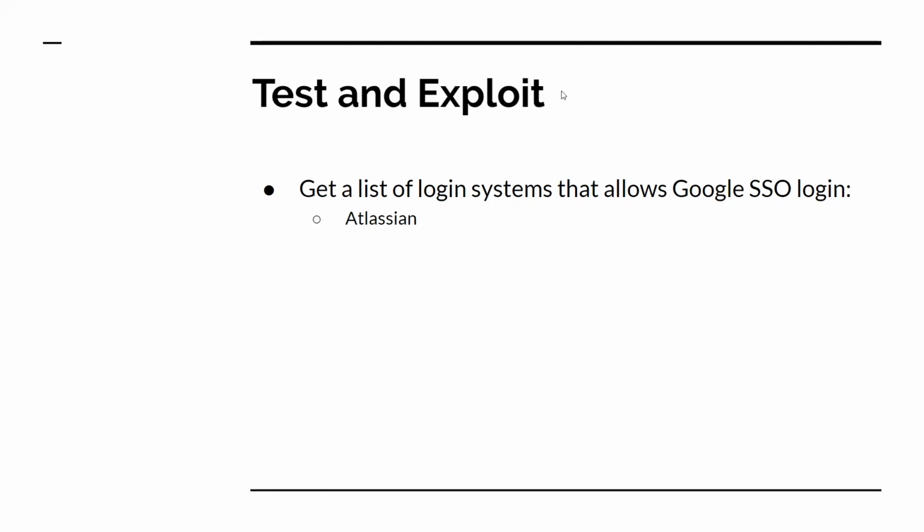Unfortunately, I do not have the picture of the whiteboard we had, but literally Atlassian was our first attack once we had the Google login. We'd just type company.atlassian.net and see if it existed. If it did, we'd log in with Google and see if we had access to it. In some cases, the company's setup would provision the user account if it did not exist and give us access to the Atlassian system. In other cases, it would say your access has been denied, you are not allowed to look into the system, and then we could not do much testing at that point. But that's something I also wrote on our blog post, so if you read the blog post, you will know we mentioned Atlassian before that.